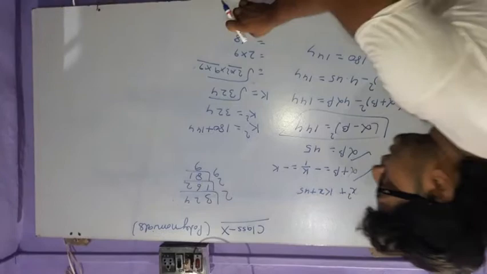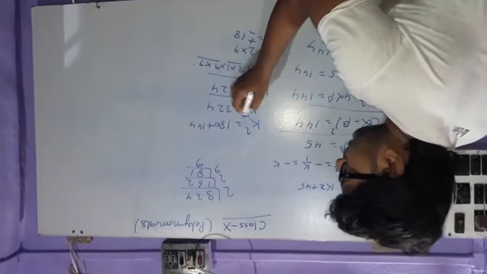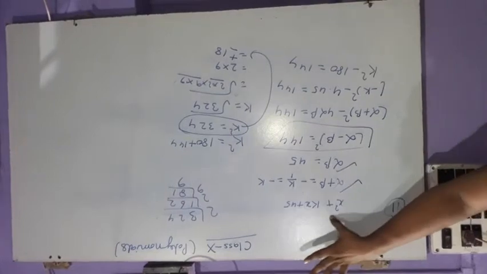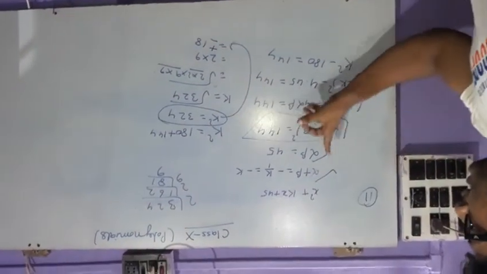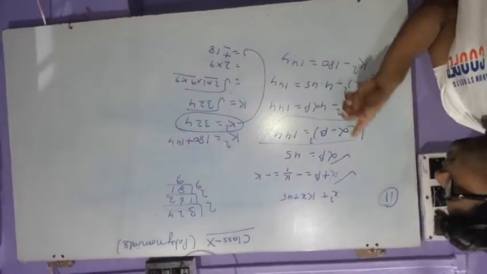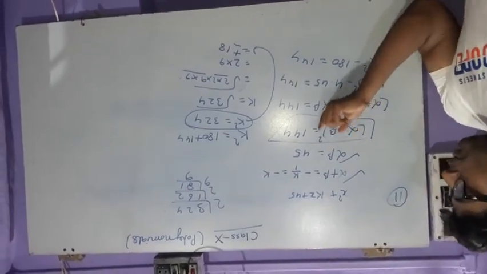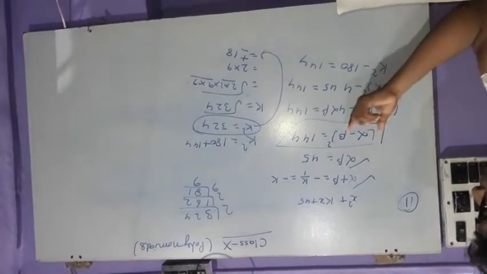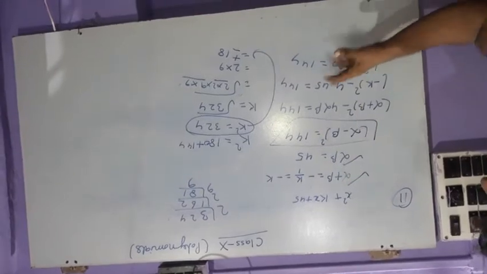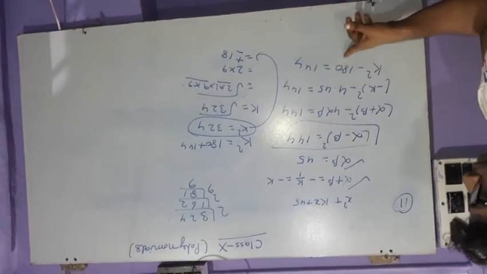So the value 18 is not actually the right answer. You can write plus and minus here, because in a quadratic equation we have to write the true value. The question is given x square plus kx plus 45, so alpha plus beta will be minus k and alpha beta is 45. The question tells us the square difference of zeros, where the zeros are alpha and beta. That means alpha minus beta whole square is equal to 144. So we use the formula alpha plus beta whole square minus 4 alpha beta. Alpha plus beta is minus k, squared, so k square. 4 into 45 is 180, plus 144.